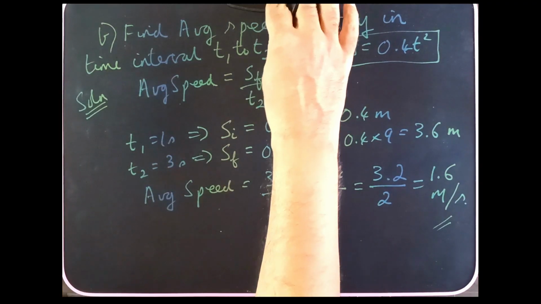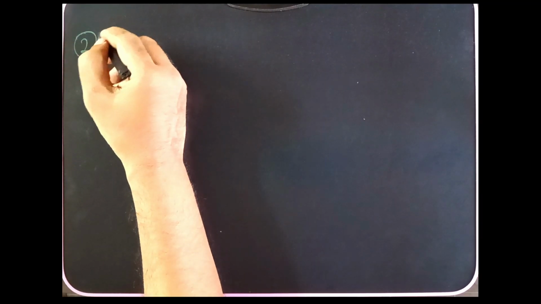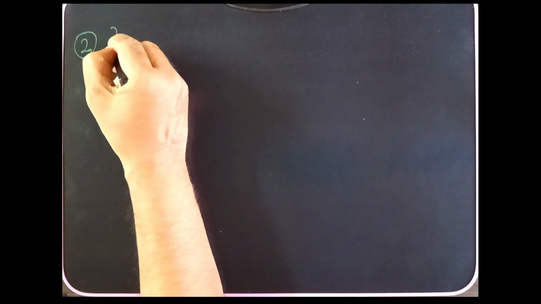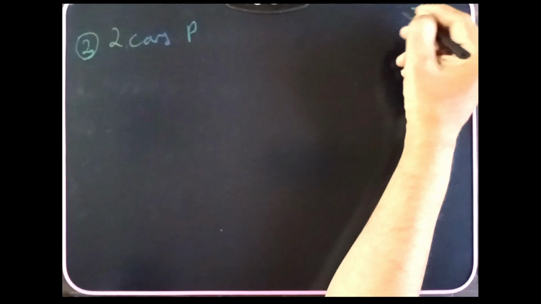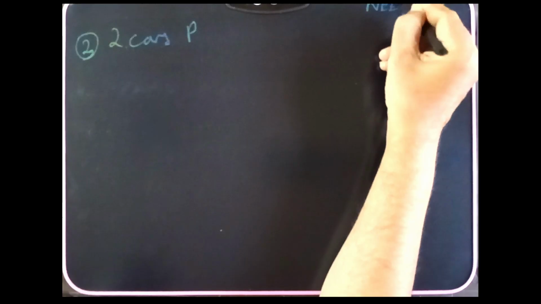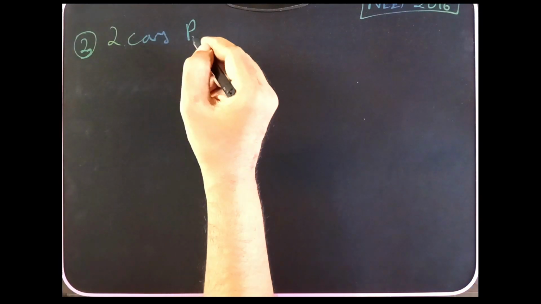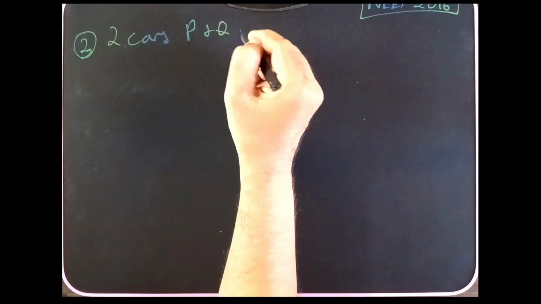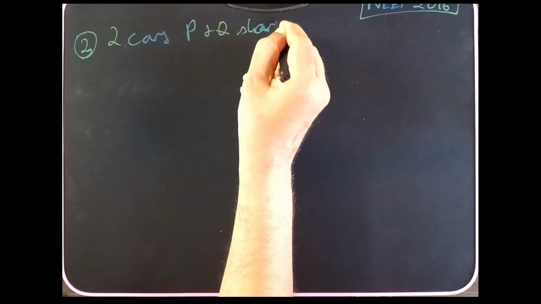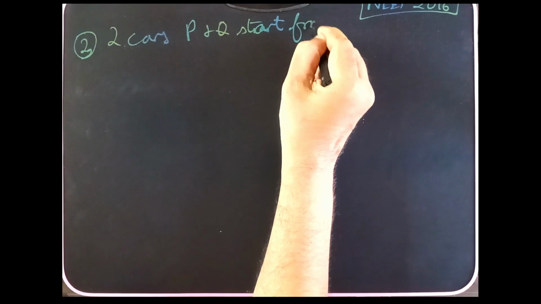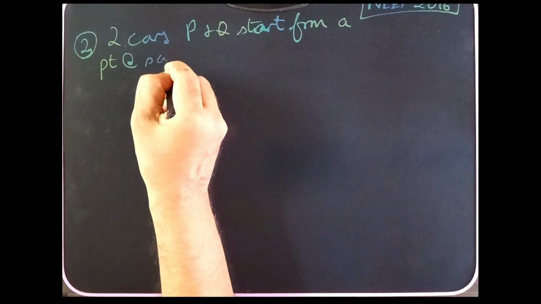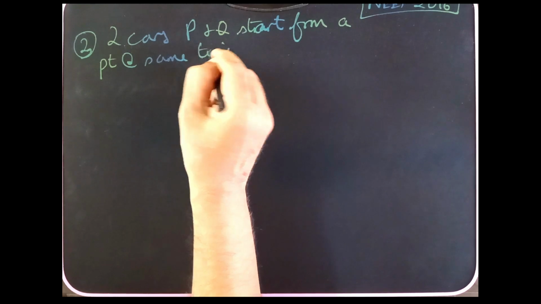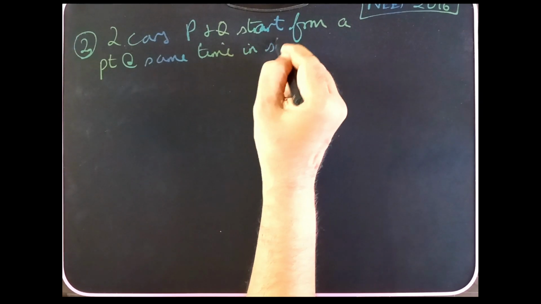So we'll take one more problem. We'll take another problem. So far we have solved two. This is actually the third problem. Two cars. This is a NEET question of 2016. Two cars P and Q start from a point at the same time in a straight line,